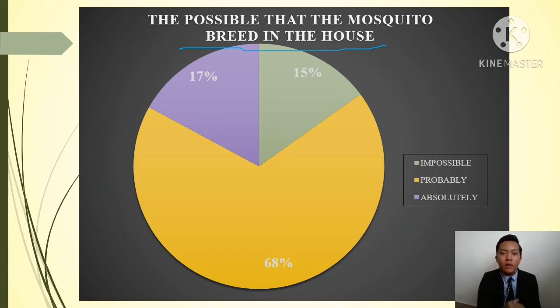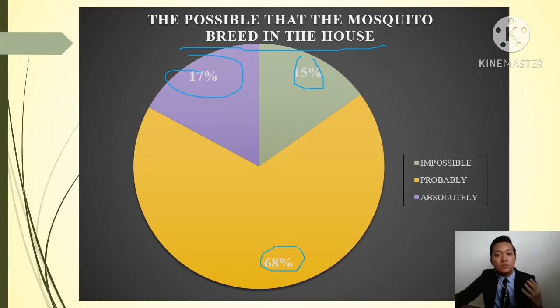The survey aimed to identify the root cause of dengue fever factor of Polytechnic Sultan Idris Shah students. So from the pie chart, they have 68% choose probably, 50% choose impossible, and 70% choose absolutely. As you can see from the pie chart, a massive majority of the students choose probably, because some of the students know about Aedes mosquito bite come from the house, where impossible were the least popular of Polytechnic Sultan Idris